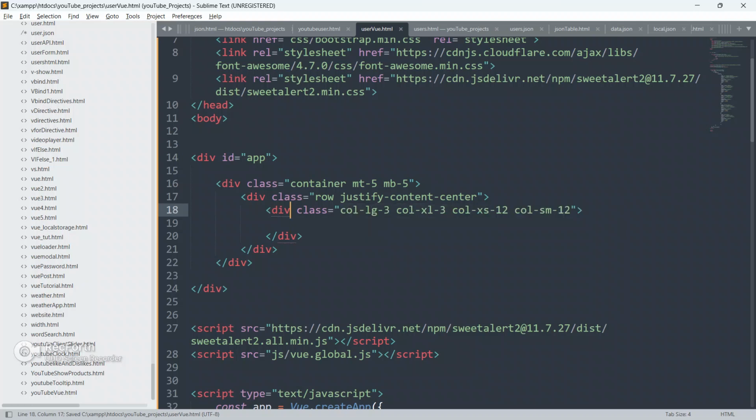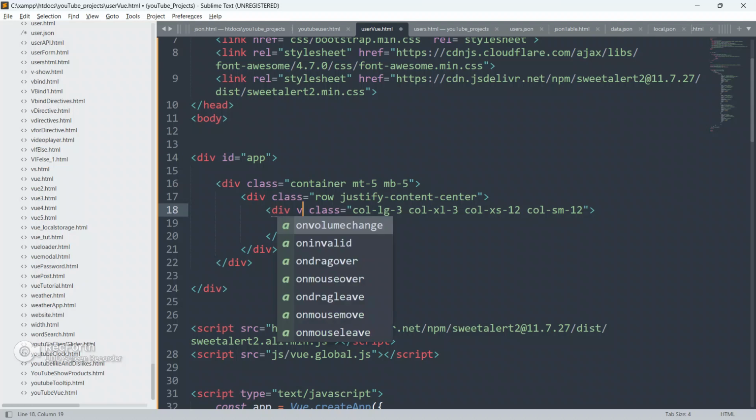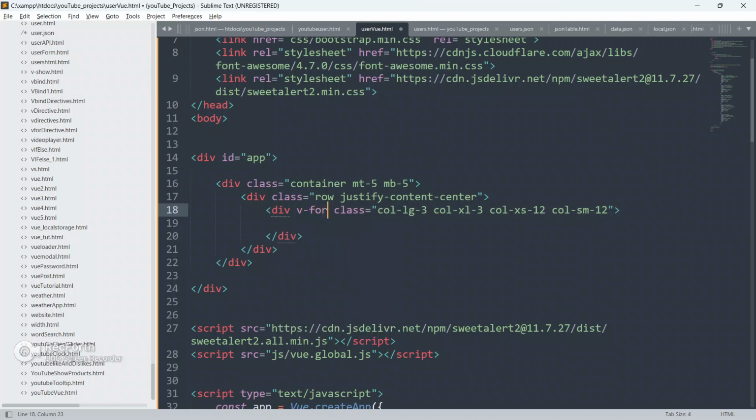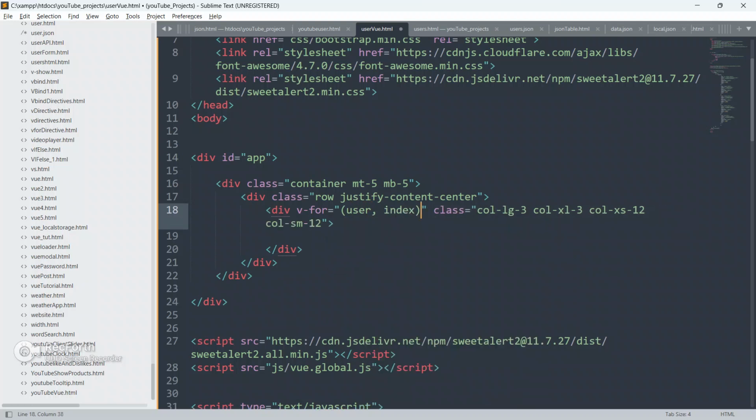Inside this div, first of all I'm gonna use the v-for directive. So v-for equal to, in double inverted commas, user, index in users.